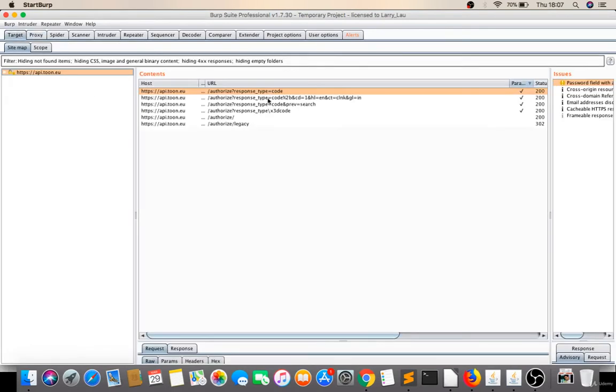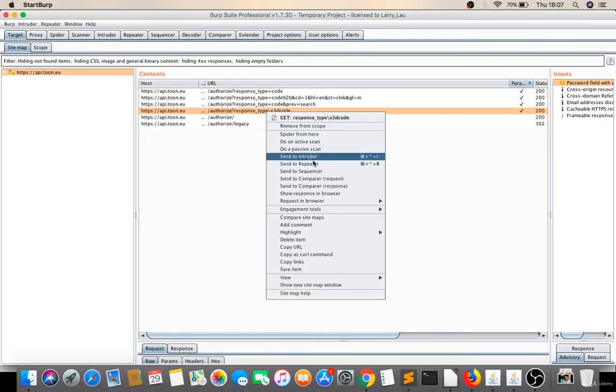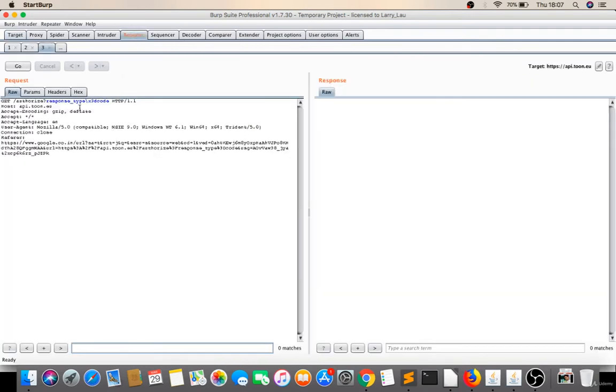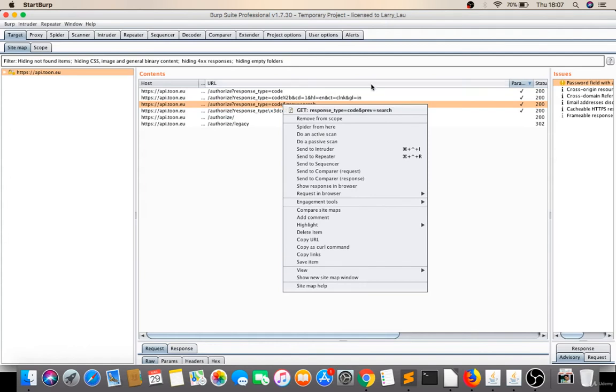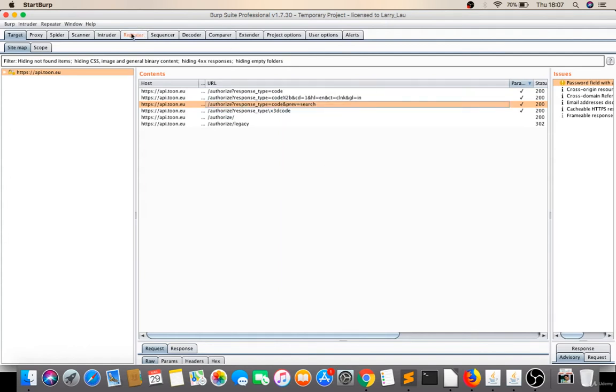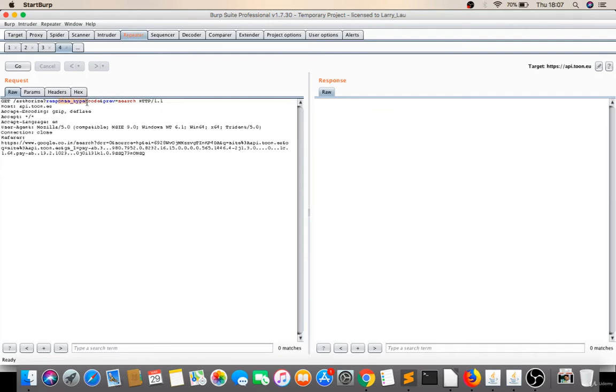See, I got these many URLs having parameters. Let's try one by one. This also has one. Right click, send this to repeater. So there is no parameter. Okay, no problem. If this is reflecting, you can try there. Let's click on go. See this? It's an X3 code. It's not reflecting. When this is not vulnerable, I'll go to target. I'll pick any other. Right click, send this to repeater. Okay, there are two parameters. One is response type and another one is previous.